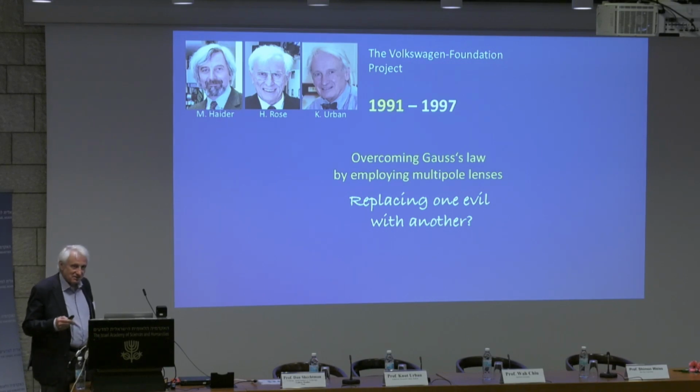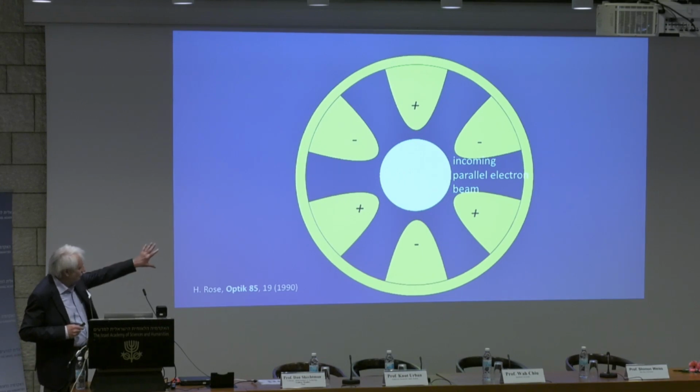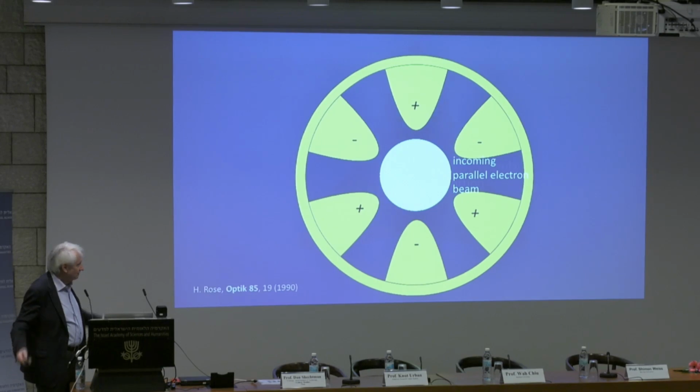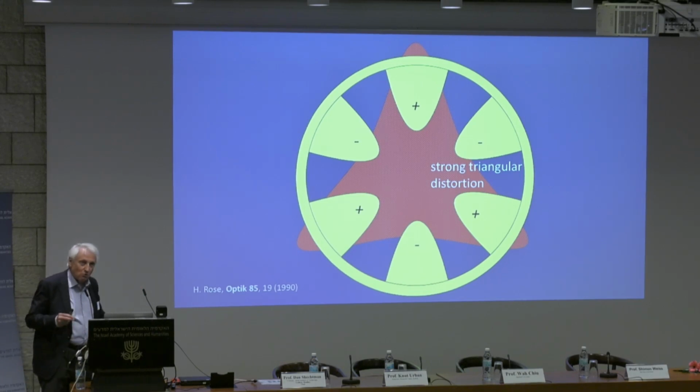That the situation is better can be shown by this short sketch. Here we have a 6-pole, where plus and minus mean north and south. It's a magnetic 6-pole. Now we send a parallel electron beam into this 6-pole, and as expected, this is distorted into a triangular shape. When you have an optically thick 6-pole, then you can show that this triangular distortion can be decomposed into